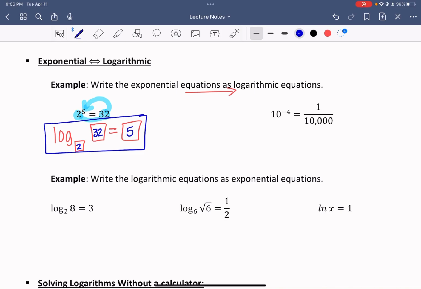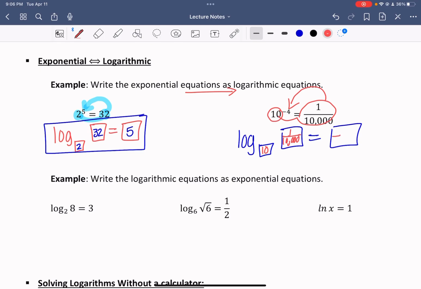Let's do it again. Now this is 3 different pieces you're going to grab. So I'm wanting to write this as log of something equal to something. I've got my 3 spots. I'm not really sure where these go. Well, that's where I'm going to use my Snell method. So I'm going to start with my base, and it would be written here. Then I'm going to move to the next number, and it would go here. And then I'm going to land, lastly, it kind of makes a snail shell. That's what we kind of call it, super technical Snell method. Lands on your -4. So that means that would be written as log base 10 of 1 over 10,000 equal